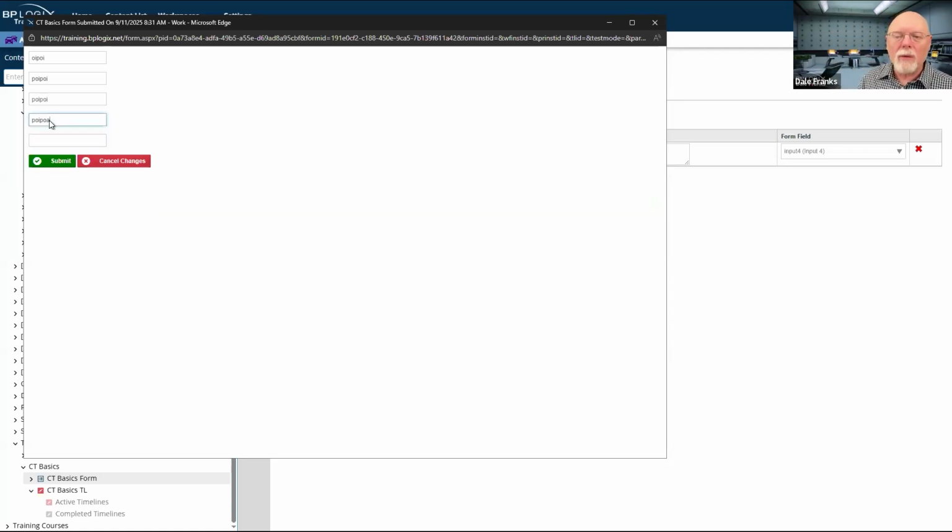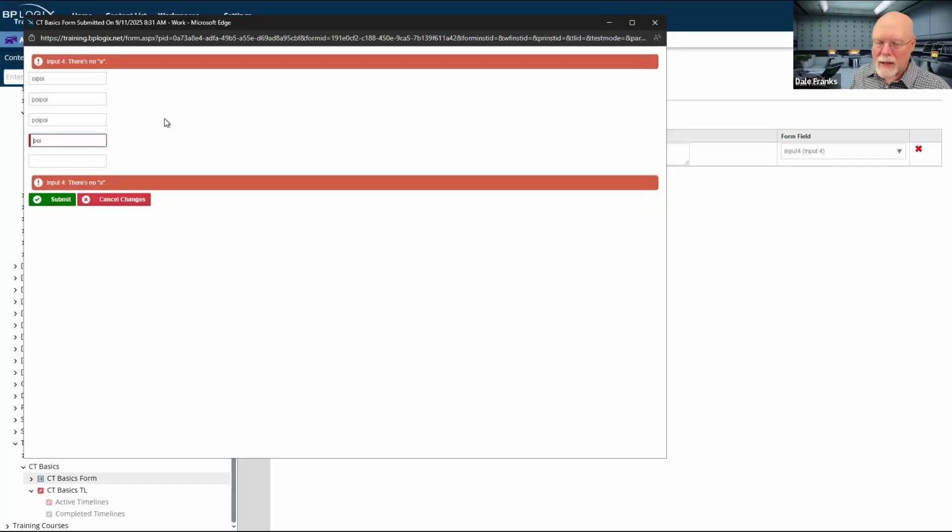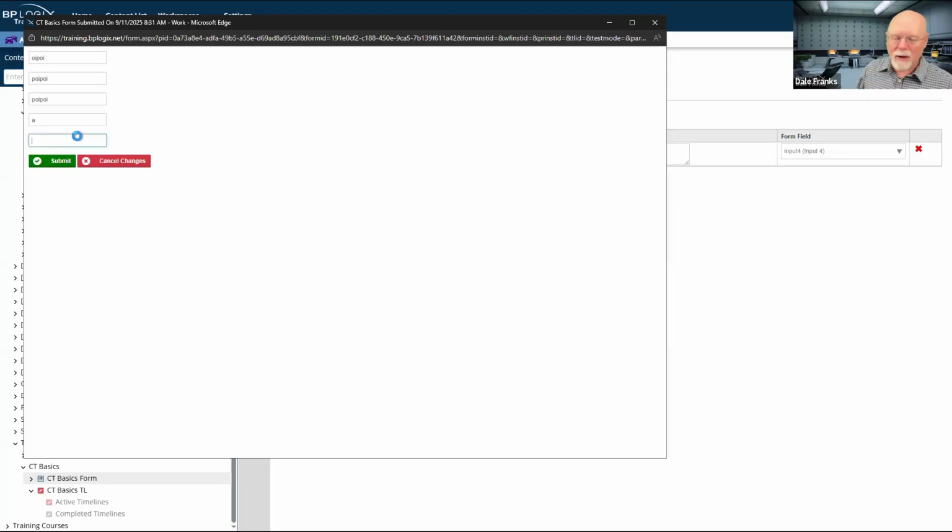This makes it really convenient for me just to be able to validate in real time on a control simply by calling that validate form control and setting it just to validate, in this case, input 4, letting me know that I have to have, at the very minimum, an A in that field. And once I put the A in, it passes my validation and I can move on to my next field.